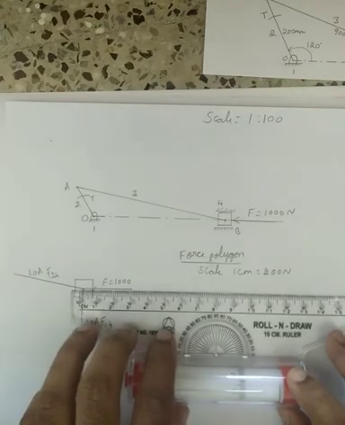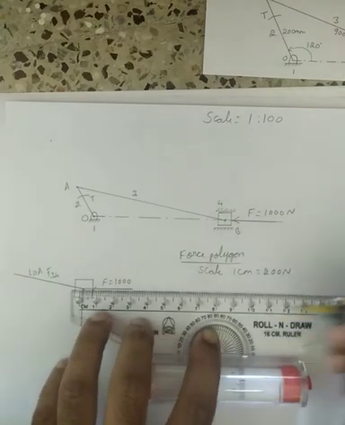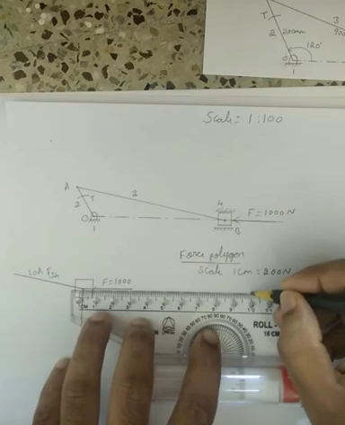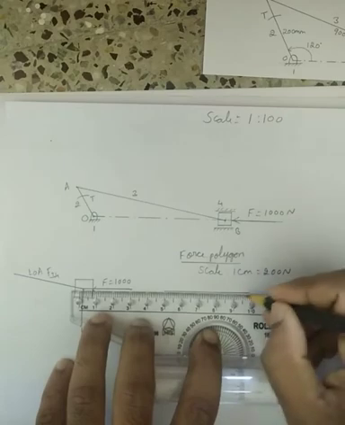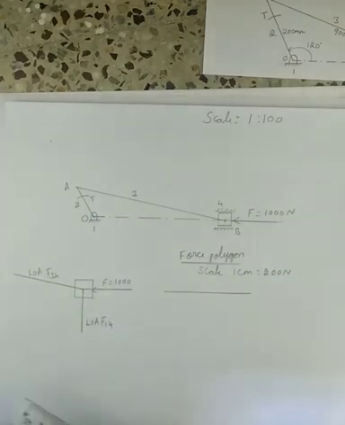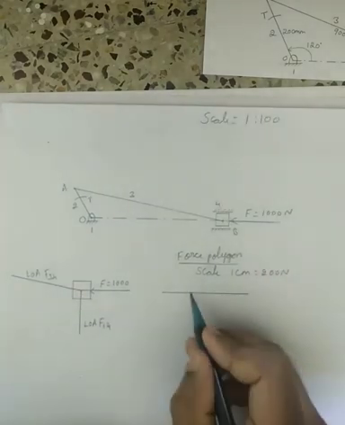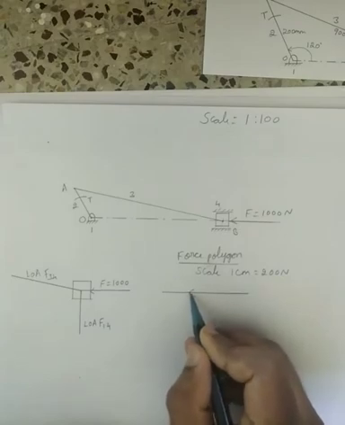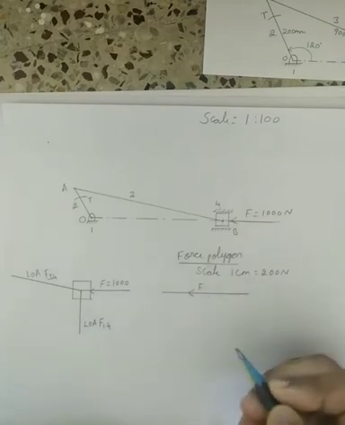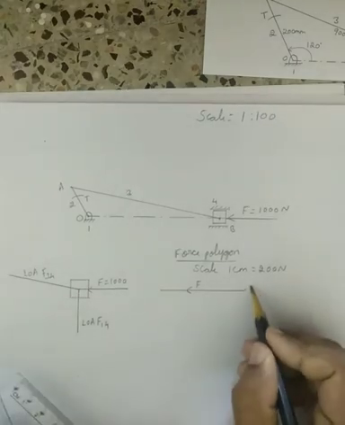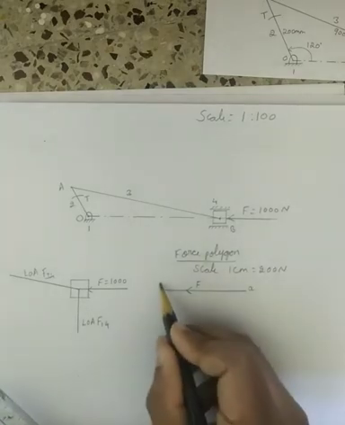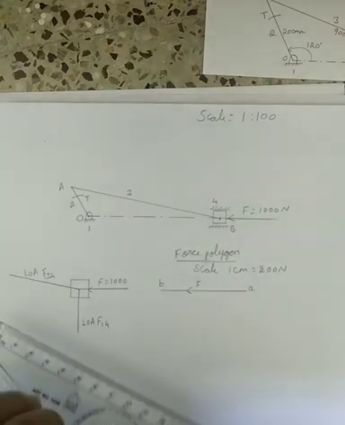So with respect to that, I will draw the 5 centimeter line. So the 5 centimeter line I have drawn. So that is the F. Now I know the line of action of F34 and F14. So based upon that, I will call this as A and this one as B. You can call it as OAB also, ABC.